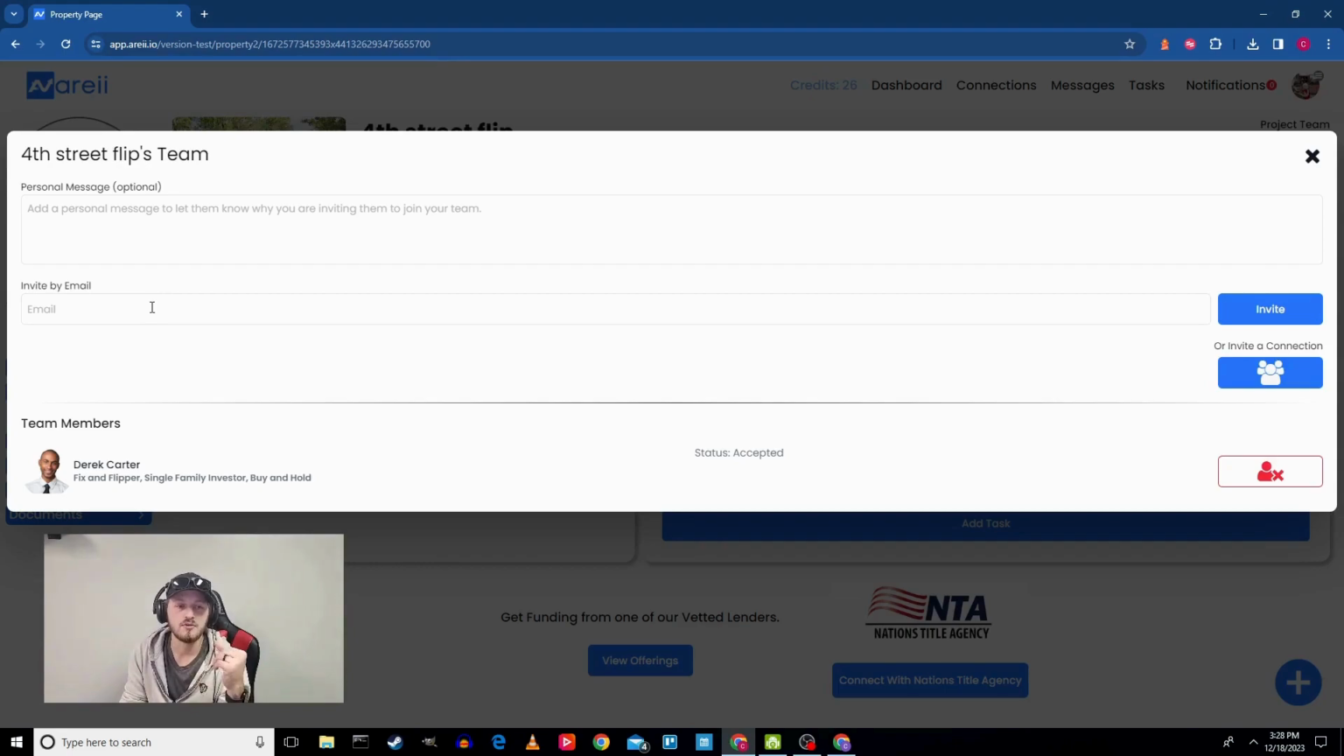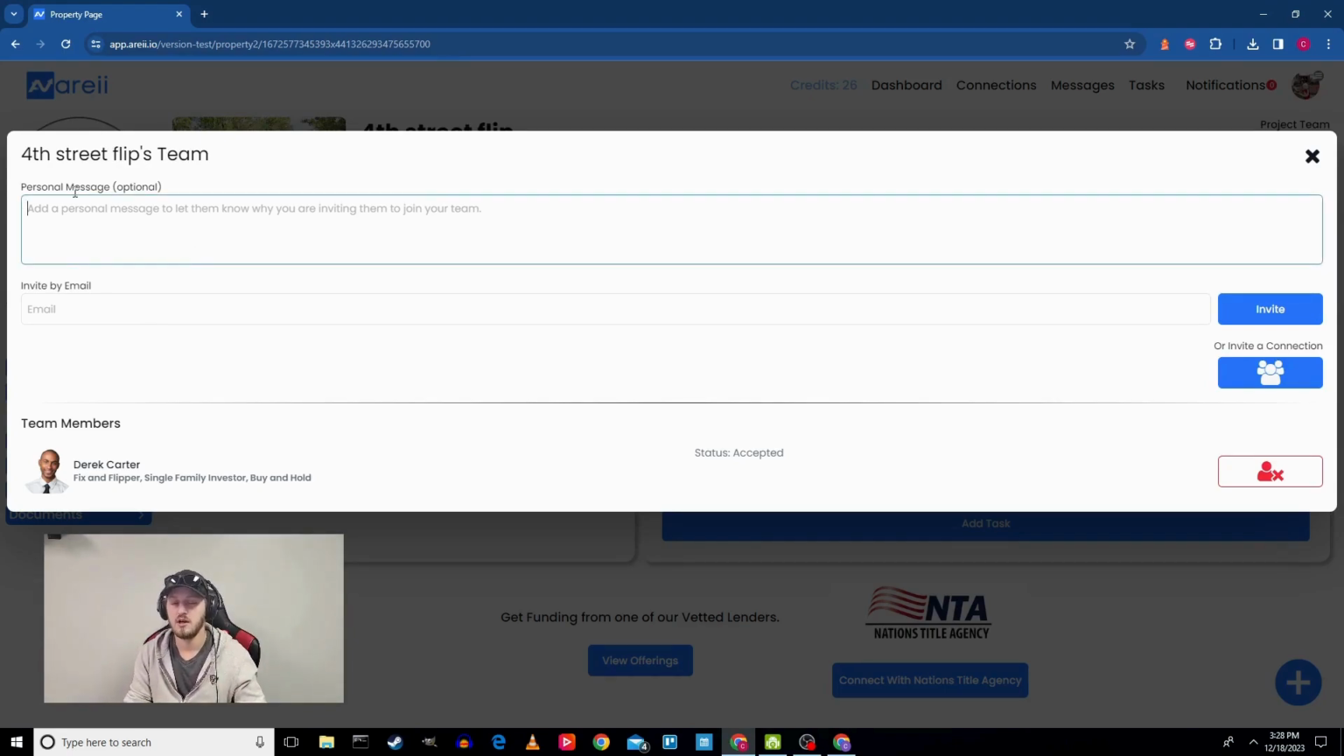And there's a couple different ways to do this. So one, this is where you can add or remove people. And so this upper section is for adding people to your team. You can add a quick little note because it's going to email them in addition to give them a notification in their account. That way, if you want to add someone who is not a member of Areii, you can